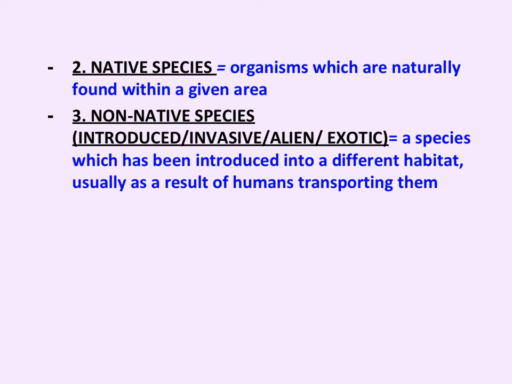All right, in case you didn't understand the last slide, this one's pretty much the same thing. Native species. These are plants and animals which are naturally found in an area. So it could be Tulare, it could be California, whatever. Those are native. They're supposed to be there. Well, the opposite of that, of course, is non-native. Non-native species are in an area where they're not naturally found. And these are almost always introduced to that environment by humans.